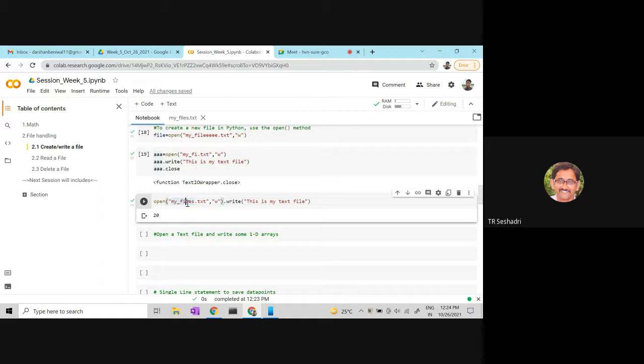And I say AAA dot write. This whole quote myfile.txt is unnecessary information. But in that case, how do we know which format the file is in? Here we are defining that it is a txt file, right?